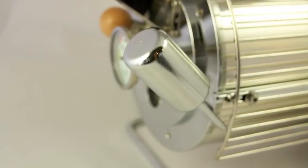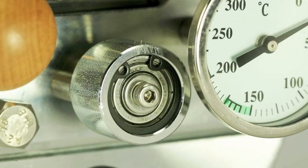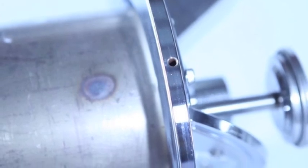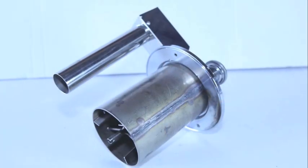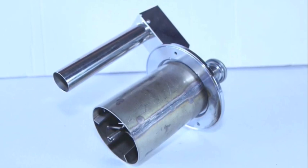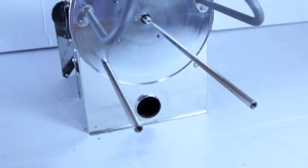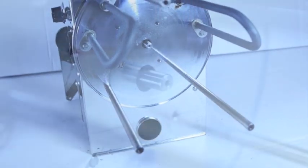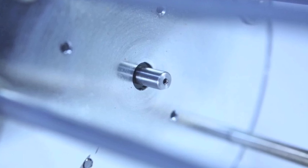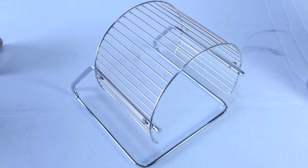The cute thing about this roaster is that it has a little skateboard ball bearing basically for the drum in the front. That is, the drum is attached to the front plate on the roaster, so you can pull out the drum by removing, I believe, 7 Allen head screws, and it's attached to the front plate, and in the back it's driven by a notched shaft that attaches directly to the motor. It's a really ingenious and simple way to drive the drum and also to maintain it and remove it and